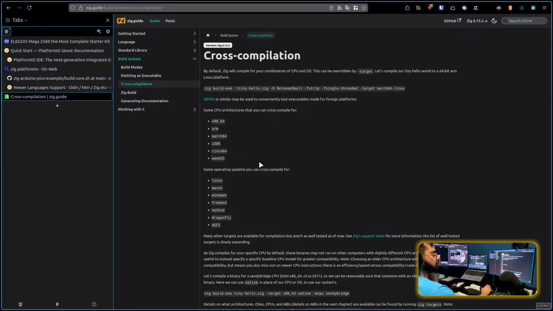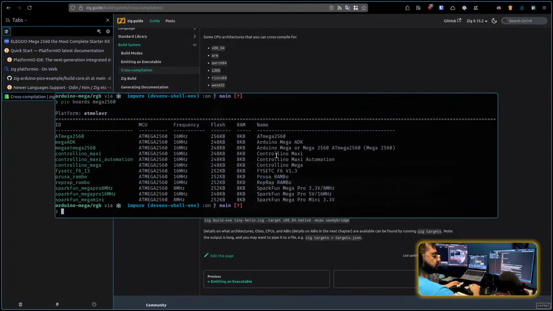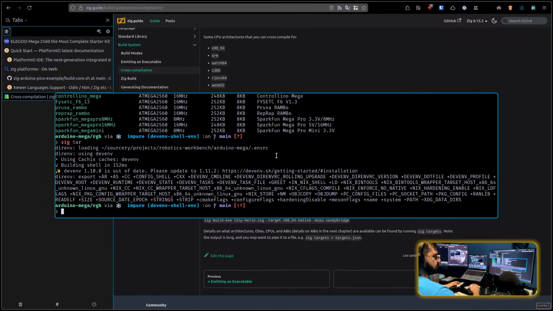Music will compile for your combination of CPU and OS. This can be used. Okay, we